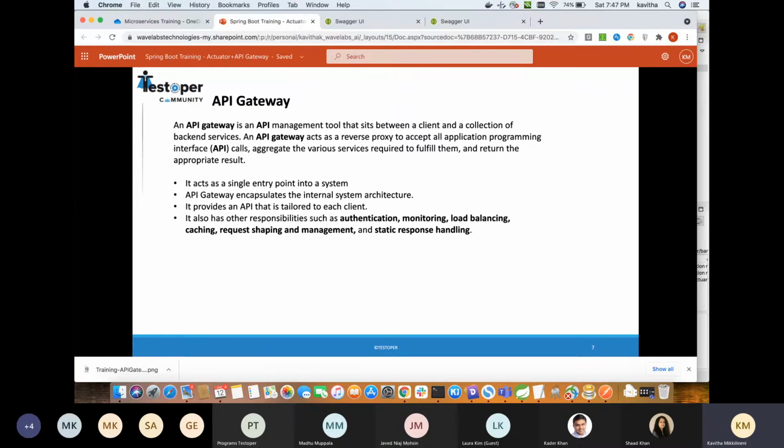Generally, APIs are not directly exposed to the client or the outside world. So we have a facade, or you can call it a stopper, which will control the traffic as well as regulate the calls. That feature is called the API gateway.